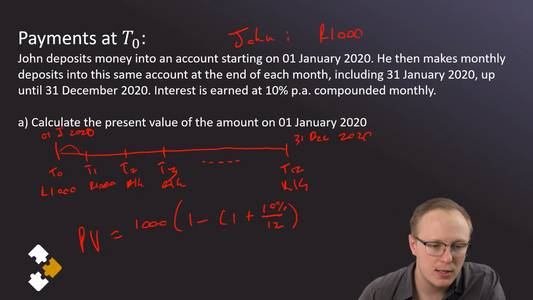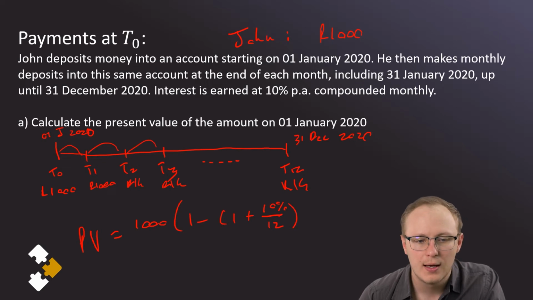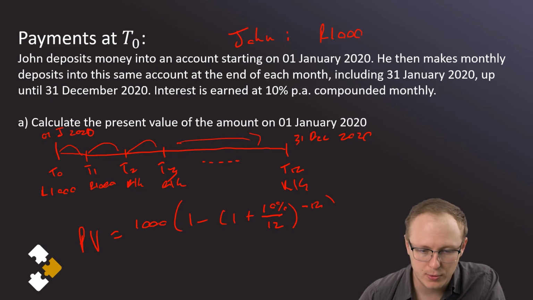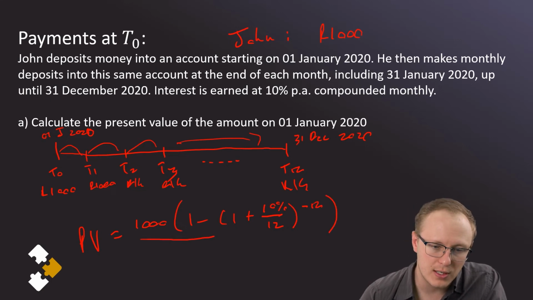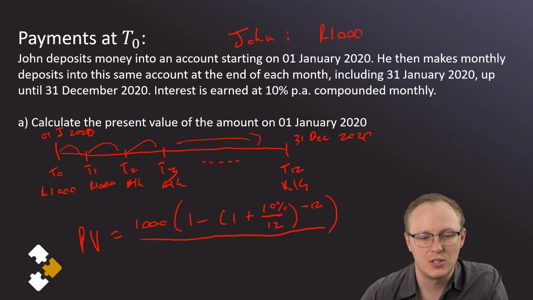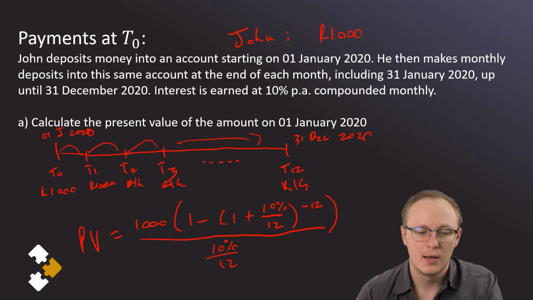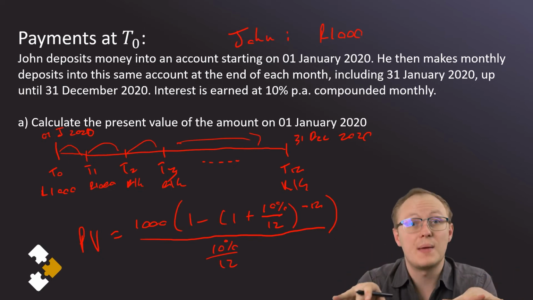So we'll have 1, 2, 3, and that's going to go all the way up to T12. So this negative n is going to be negative 12, right? And then we've got to divide by the interest rate, right? So the interest rate we've got is 10% over 12. Okay. Now, what we've got to remember is that